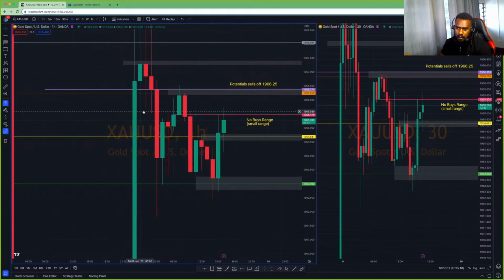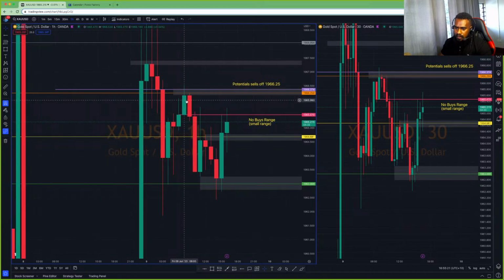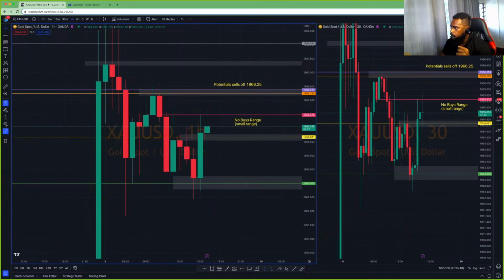So yeah, I used to not like trading the London session, but after just trading it for quite some time now, I realized the volatility during the London session is totally different from the NY session. Also, in the Asian session. So